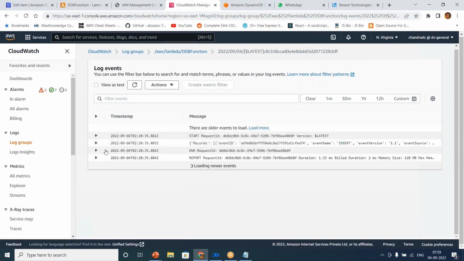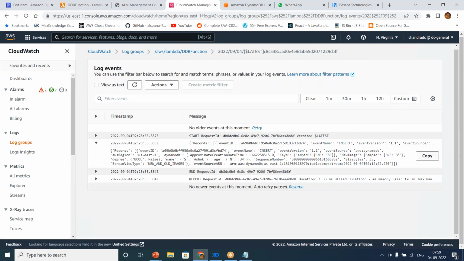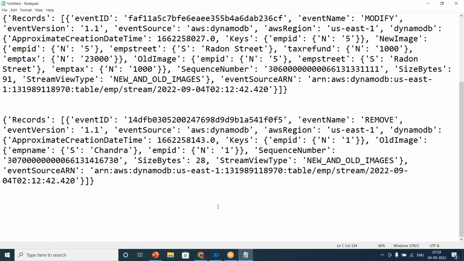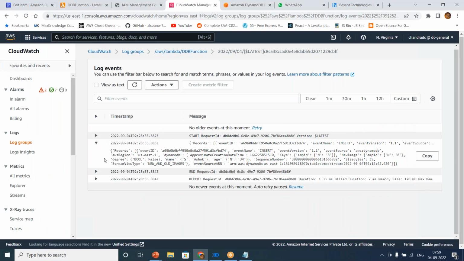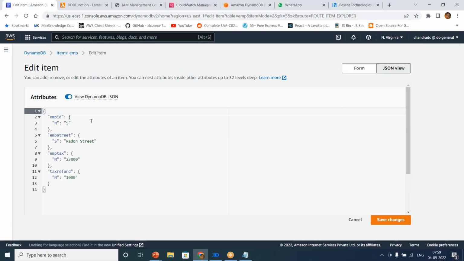A new stream is created. Just go over here and copy this and put it in. We will be seeing whatever we have just created. So it's an insert and you have Ashok, right? So this is what you can see. Like this, you can insert it in the form, or you can insert it using your JSON